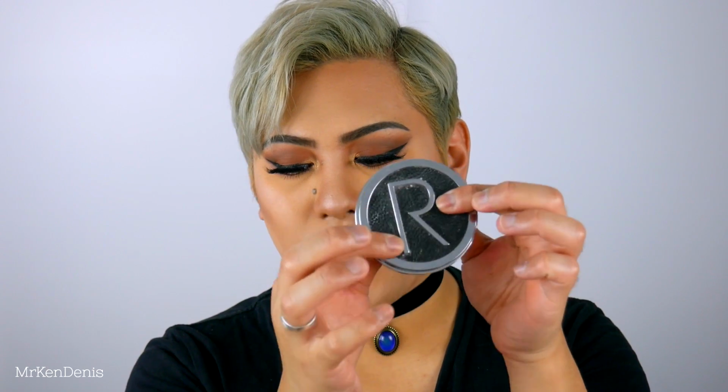This one's number 4 in dark, like I said. I like this one and number 3. It just really depends on how deep my skin tone is, because I'm a bit tanned at the moment. Number 4 works really well for me. One, packaging's very premium. As you guys can see, this has got faux leather as well. It's just overall really nice. The color itself,